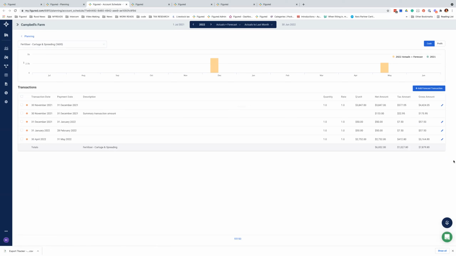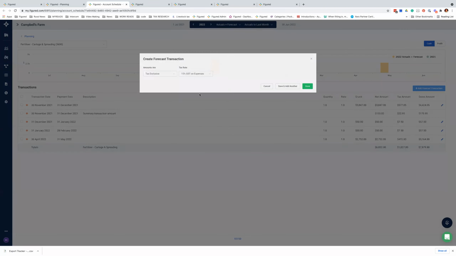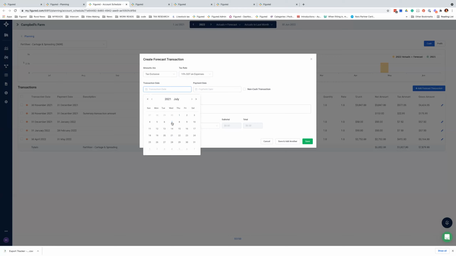So over here, what you can do is click on add forecast transaction, add your invoice date. Your cash date will automatically come in based on the payment periods that you have under settings. We cover that off in more detailed sessions when we work with practices, how to set up the file properly, how that impacts on your profit and cash view so that you get that nice three-way budgeting and forecasting